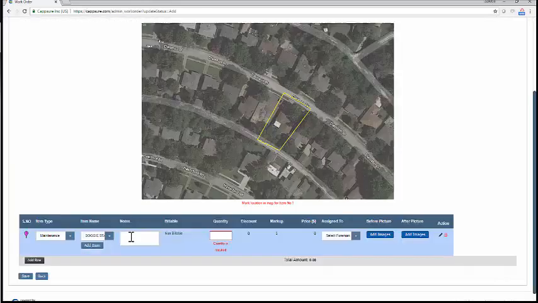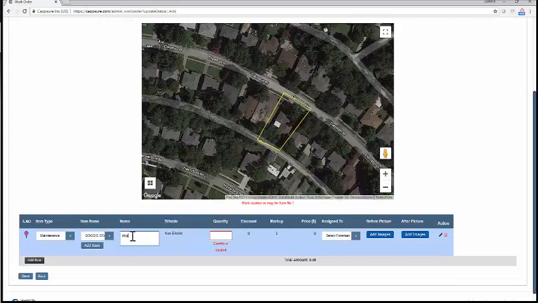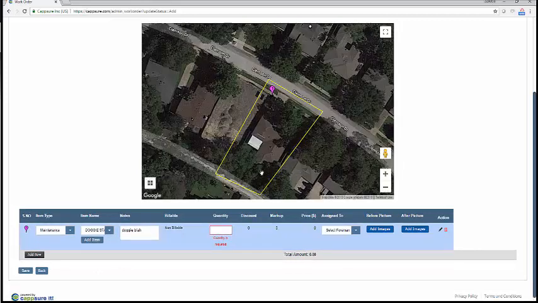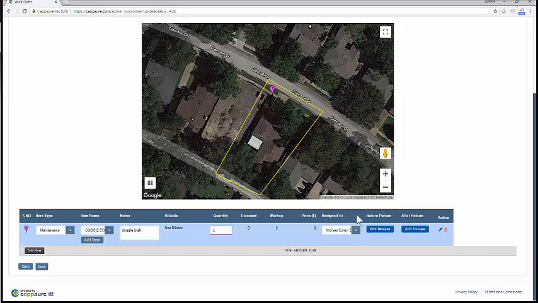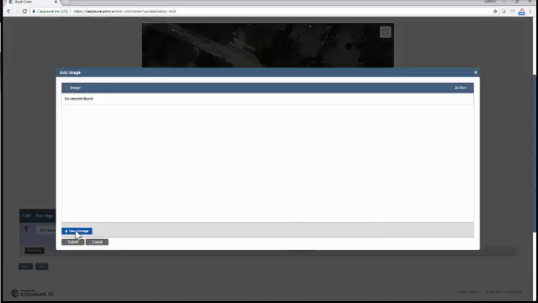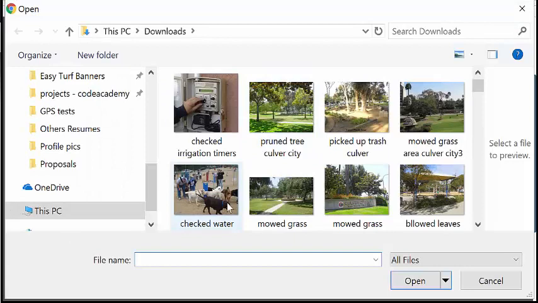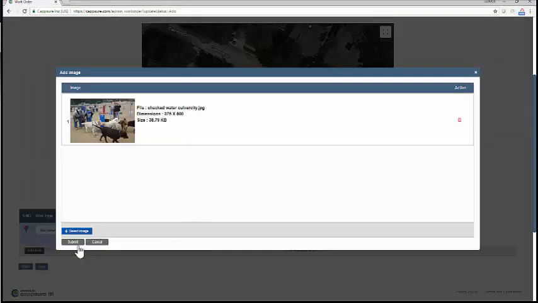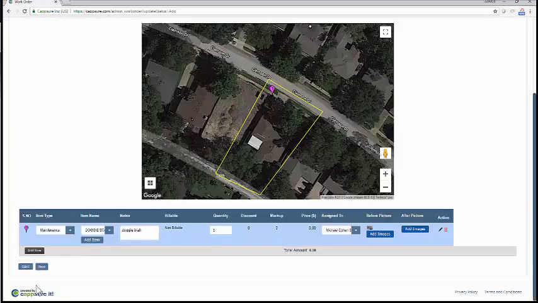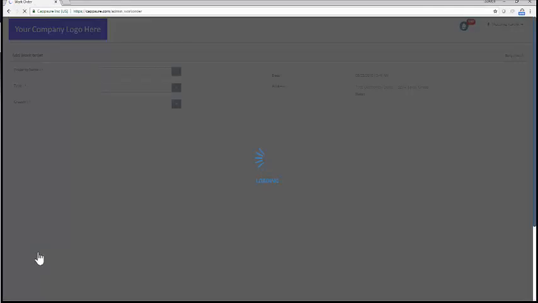And I'm going to do a doggy station. We're going to change the doggy station bags out, and we have to add a quantity. We're now going to assign it to Michael Cohen Samsung, and we're going to add a before picture. So you can see some of the functionality associated here. And we're going to add that picture, we're going to submit it,